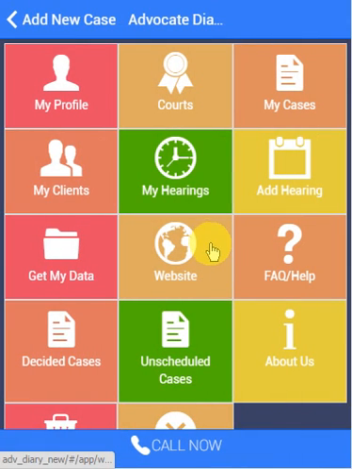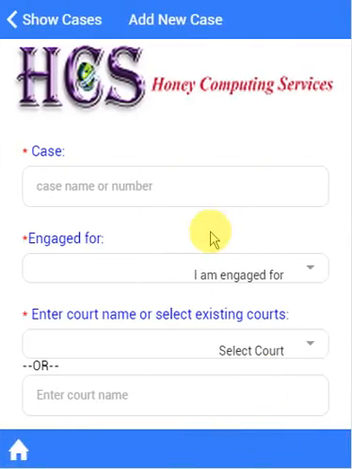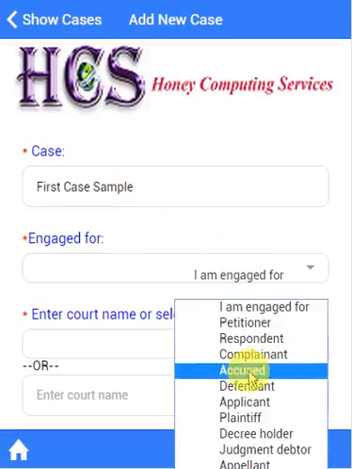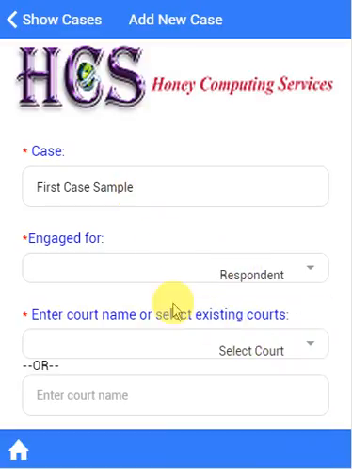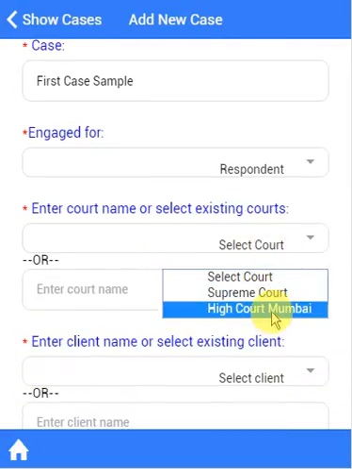Now I want to add a case for this client and this court. I will click on My Cases and there I can see the plus symbol. Now first case sample. I am engaged for, it will be presented with a drop down. I will click on respondent. The courts which you have added, Supreme Court and High Court Mumbai, are showing here.